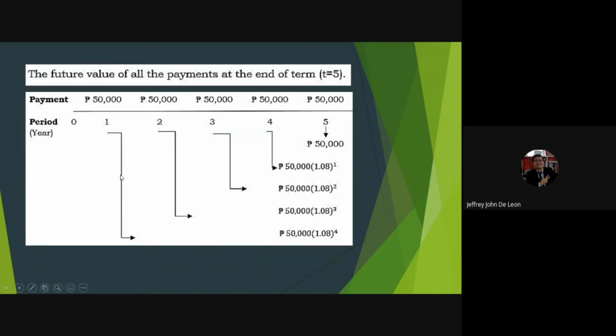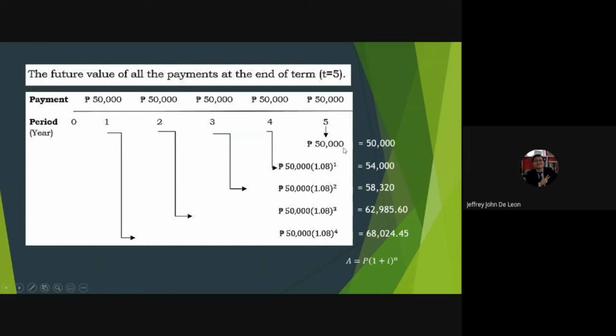So you look at this. First year, 50,000 times 1.08, since we have 8%, to the power n. By using this formula, we can solve each year's payment. So this is 68,024.45, then 62,985.60 on the second year. On the third year, 58,320. On the fourth year, 54,000. And on the fifth year, 50,000.